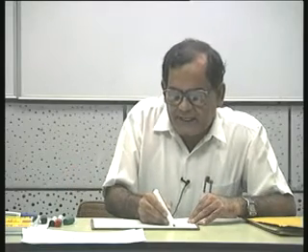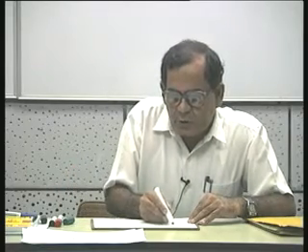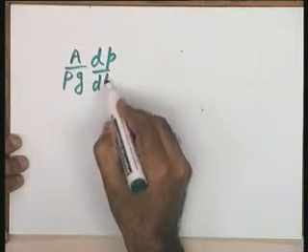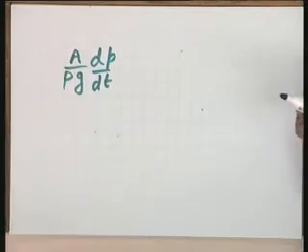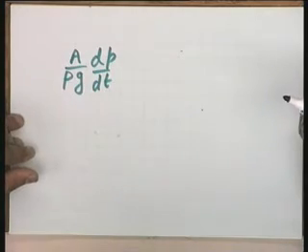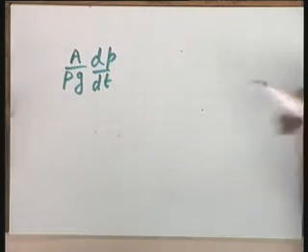The tank, the situation is the same. For the volume balance, I write the rate of change of liquid in the tank as A by rho g dP by dt. I am writing my equation in terms of P. I will quickly change it in terms of H, there is no problem there. A by rho g dP by dt is the volume balance.